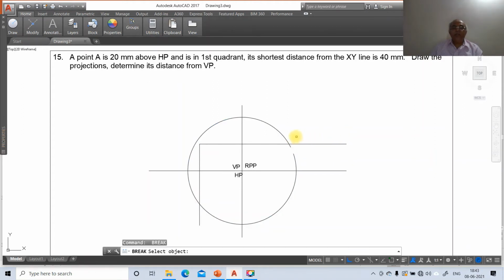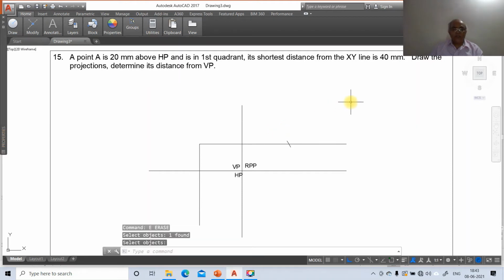Then again, on this side, you take some distance and click here, so you retain the arc there. Then you get this. Then go to trim, select this entity, and the object to trim is this. Now we'll go for the line command, draw a line from the intersection point of this, and take @, you type 100<-45.